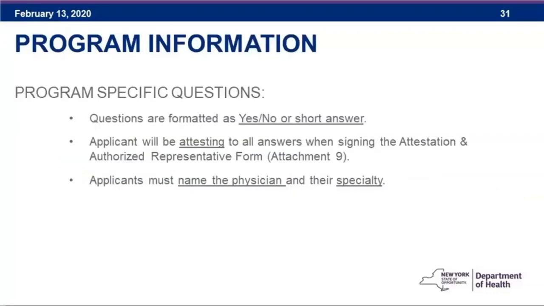So the program-specific questions are the questions that you're going to answer directly in the gateway. Those questions are listed in the RFA, so you know in advance what they are. You might want to read through those questions, answer them on paper, so that when you get to the gateway, you're just transferring your answers in. But again, most of them are yes, no, and short answer. There are no trick questions. We're trying to make this very straightforward and very easy. And then